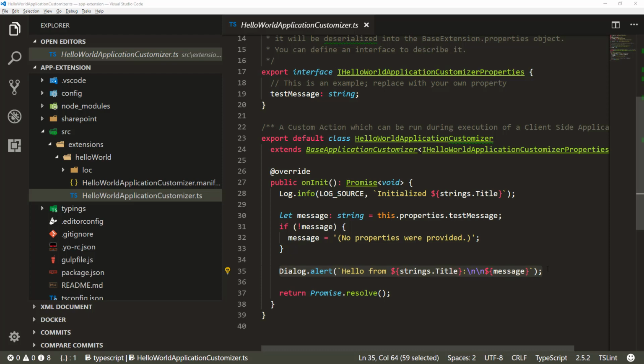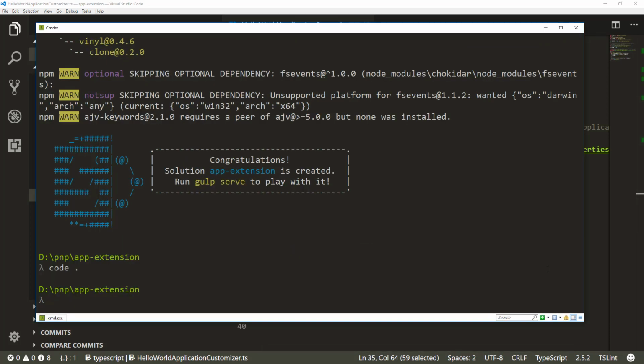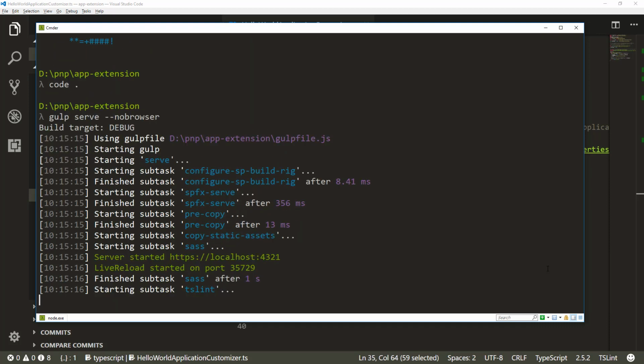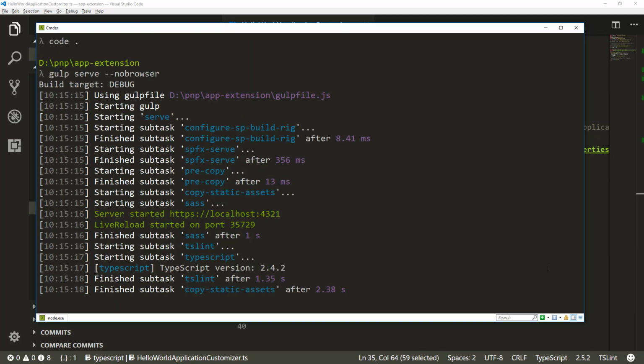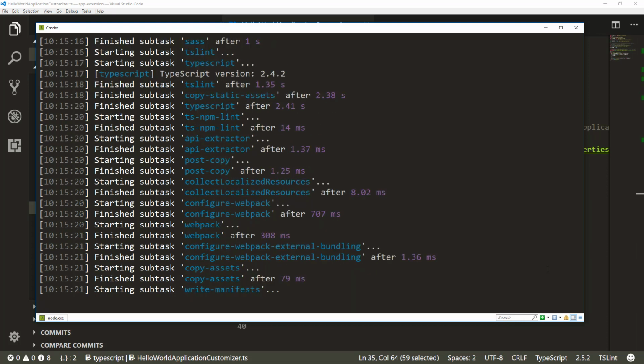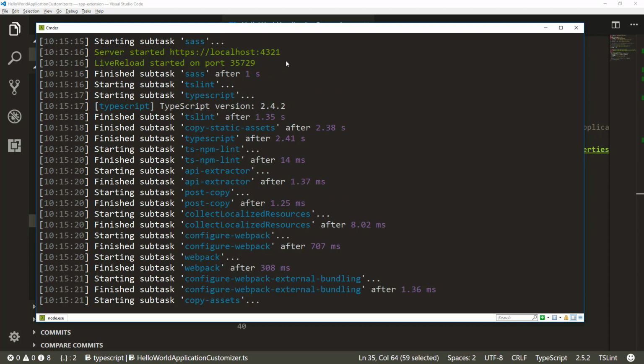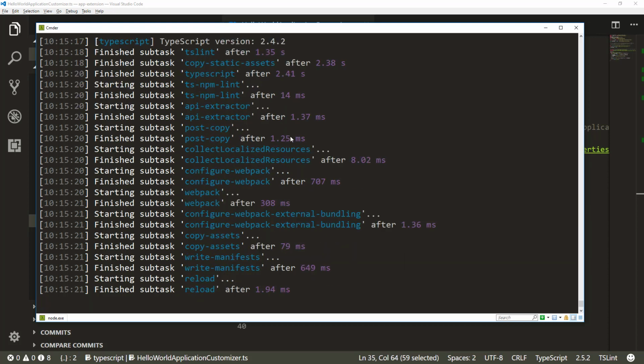So I'm going to flip back to my console, and in my console, I'm going to do gulp serve --nobrowser. The reason why I'm doing gulp serve nobrowser is that the extensions cannot currently be debugged or tested using the local workbench. So there's no point for me to start a local workbench. So I'm adding the nobrowser switch on the gulp serve. And that's now going to start my local host. The local host is running on the default port of 4321, which is the node server, now serving my JavaScript